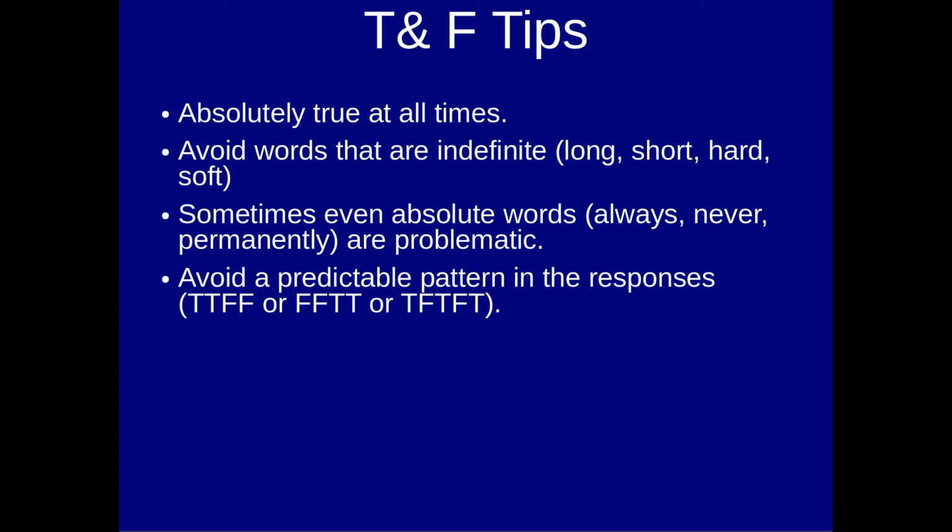You also, with the third bullet, have to be careful with absolute terms: always, never, permanently. Sometimes even this can be problematic because it might not always be like that, which is where it gets fuzzy. And last bullet, you want to avoid a predictable pattern. Sometimes teachers will go, okay, the odds are true, the evens are false. You don't want to do those kinds of things. The pattern should be somewhat randomized so that students cannot start to guess what your pattern is